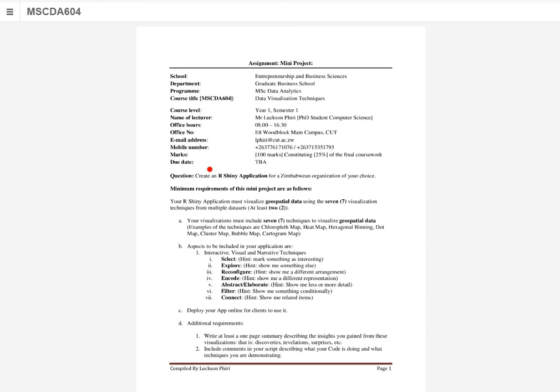I'm not going to look for the authenticity of the data, but I just want to see you applying the techniques and answering the question according to what you are required to do. So authenticity of the data does not matter, but don't over exaggerate. Your visualization must include 7 techniques, and the examples of the techniques are